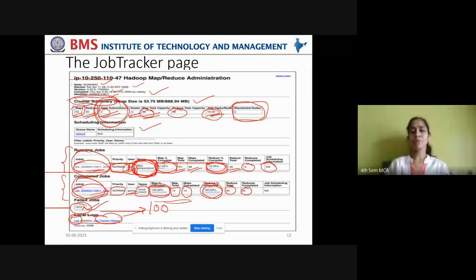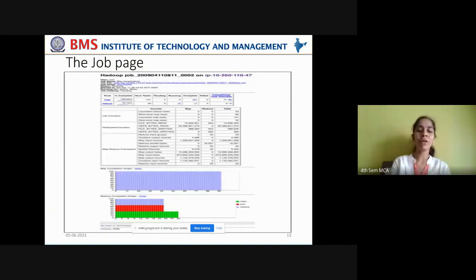jobs details along with the map jobs and reduced jobs, along with how many bytes they have consumed and how many bytes they have emitted. All that information will be available with the log directory in order to see in what way your map job has executed, into how many map jobs your job has been split, and how many reduced jobs have executed. All that information will be available in your log directory.